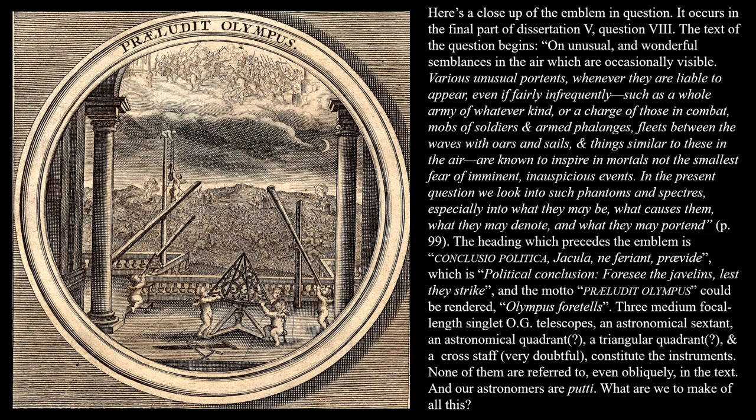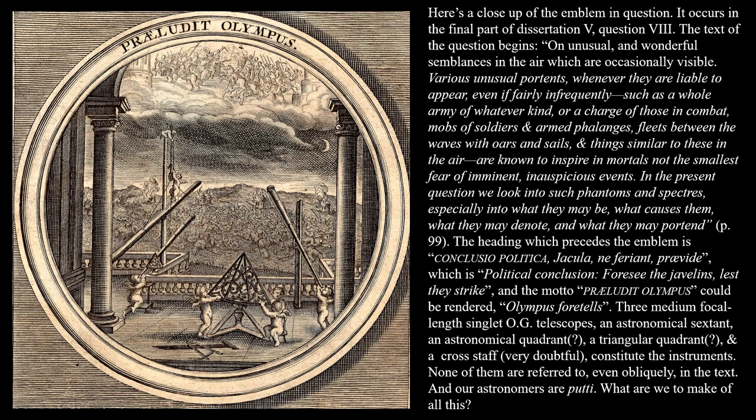This image occurs in the final part of his dissertation 5, question 8. And the text of that question begins, "On unusual and wonderful semblances in the air which are occasionally visible. Various unusual portents, whenever they are liable to appear, even if fairly infrequently, such as a whole army of whatever kind, or a charge of those in combat, mobs of soldiers and armed phalanxes, fleets between the waves with oars